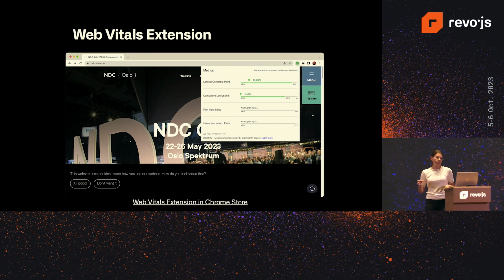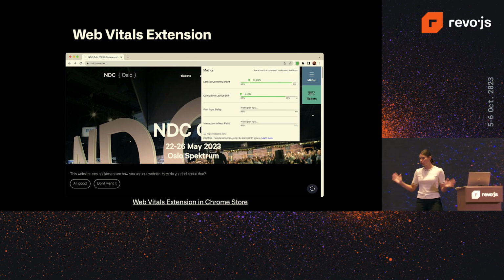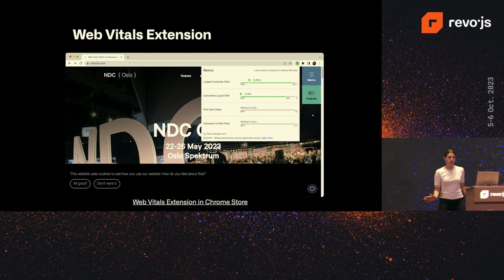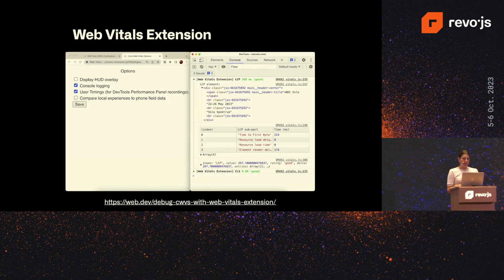Basically, the worst interaction you have will be this metric most of the time. So you might have everything working really smoothly, but then there's this cookie banner that takes forever to show the user any visual feedback and will just screw your metric completely. So I think this tool is really good to find out where you're standing when it comes to the metrics. And it also has some options, and one of them, if you right-click on this tool,